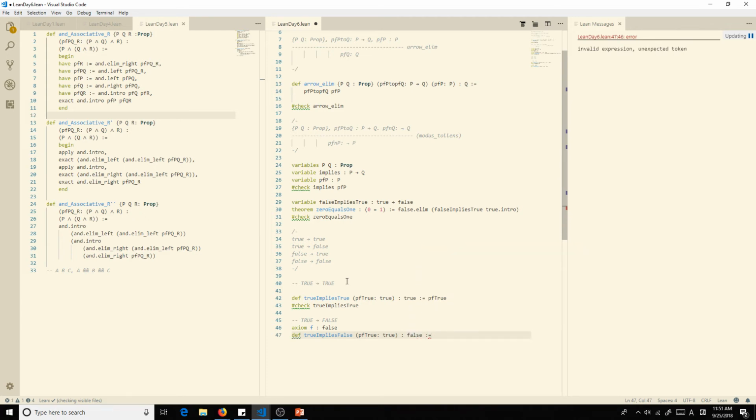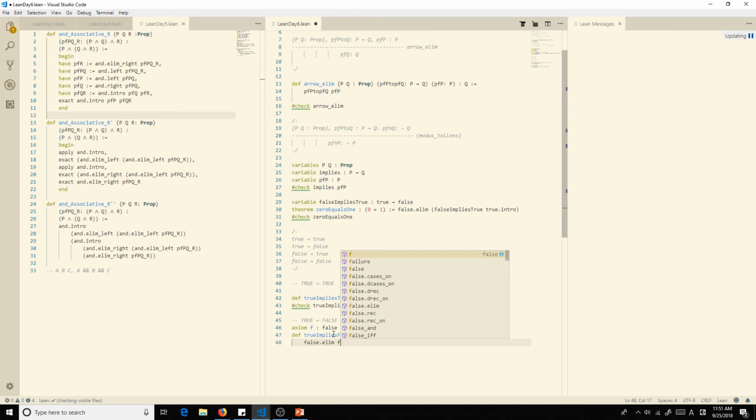We need a bind. Right now it uses sorry. The only way we can solve this is using our false elimination, which basically just allows us to use false to prove anything, and our axiom that false is proof of false, and we can actually do it.